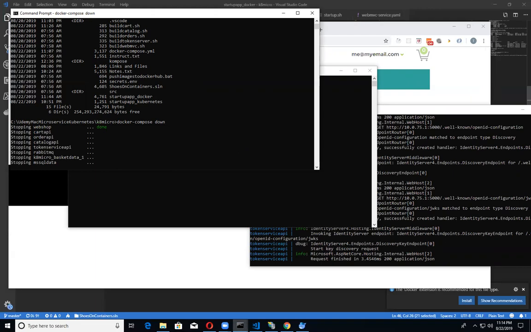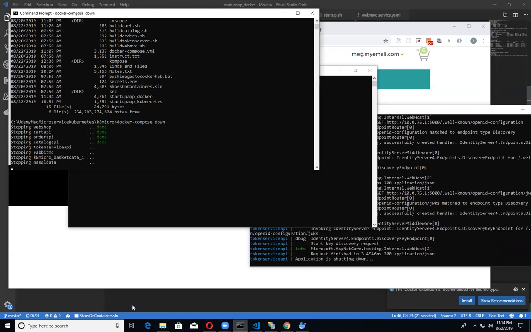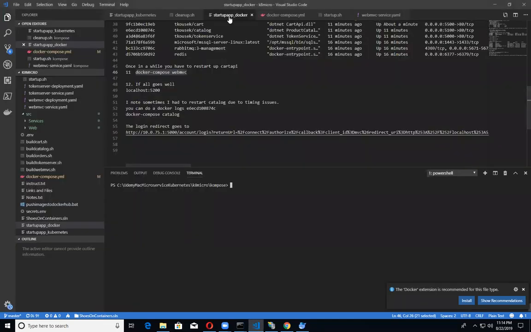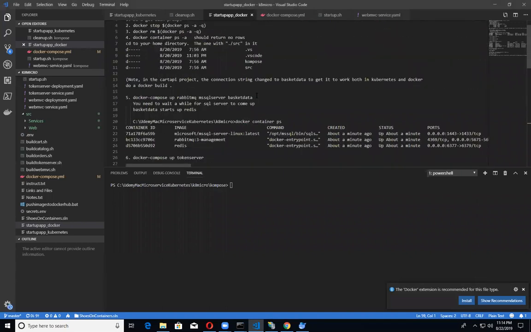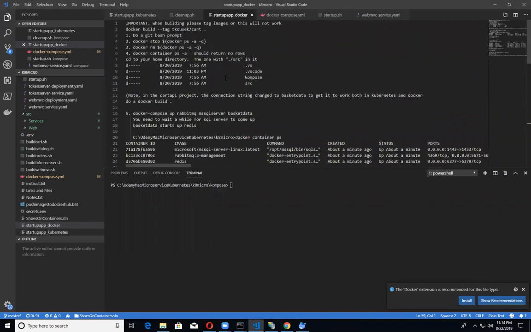So, okay, this is demonstrating, from this directory here, by going through these instructions and the startup app Docker, that I was able to start up all of these containers or microservices in your course, which is an incredibly great course, by the way. And I was able to log in and create an order. So now I'm going to stop and do another video on how we do the